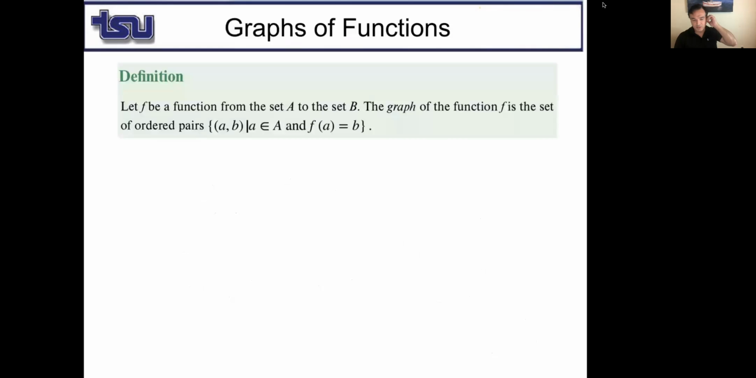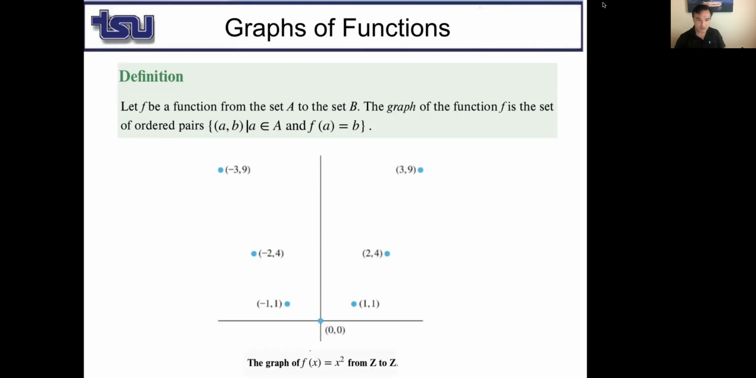Okay. Graphs of a function. Well, this is trivial. If f is a function from set A to set B, the graph of the function f is the set of ordered pairs (a, b), with a from A, and then b is basically the function mapping of a. For example,